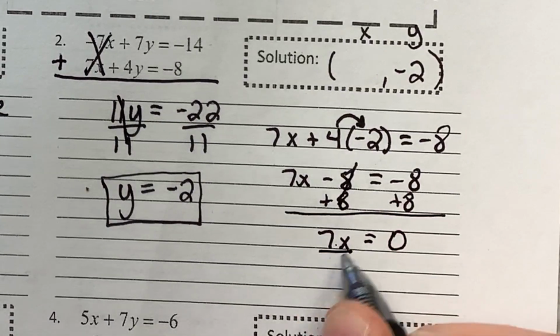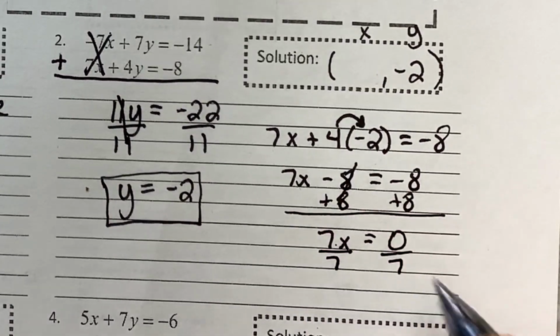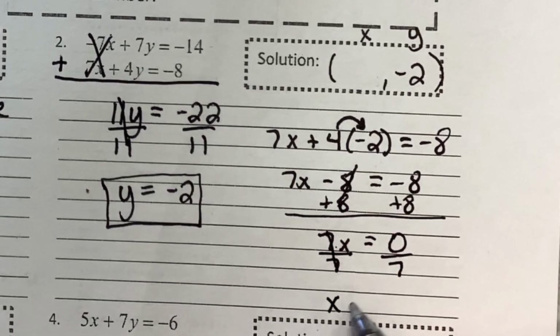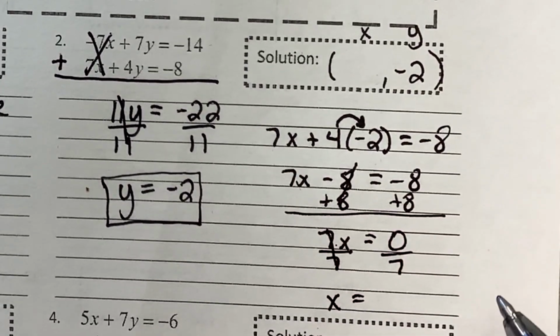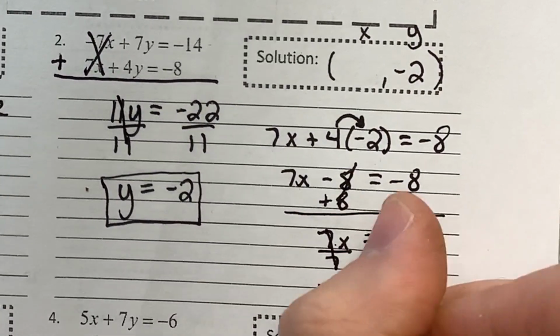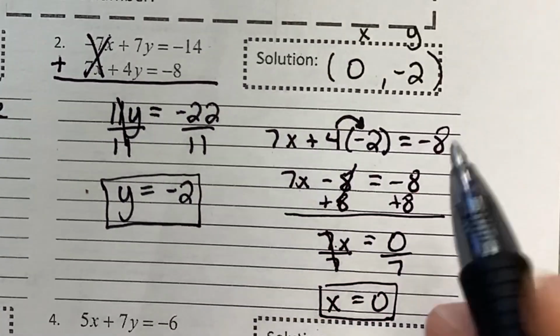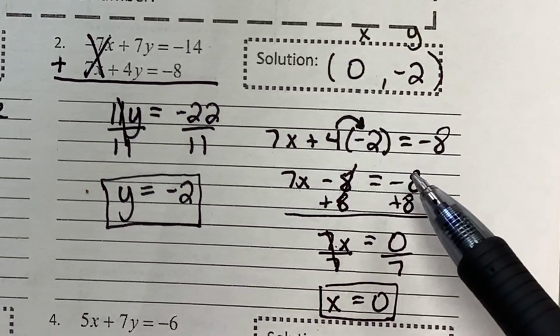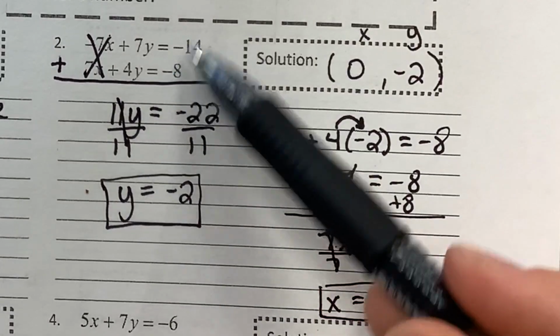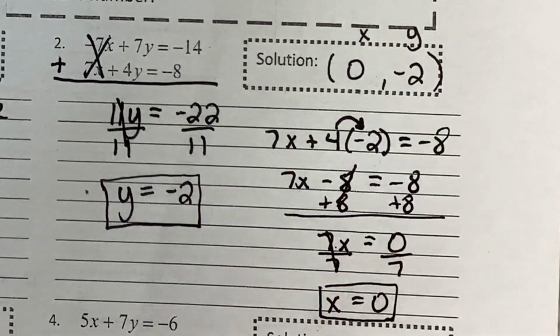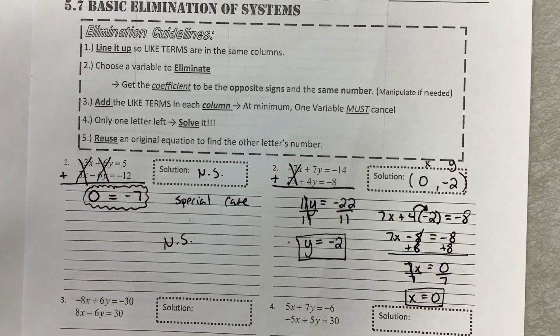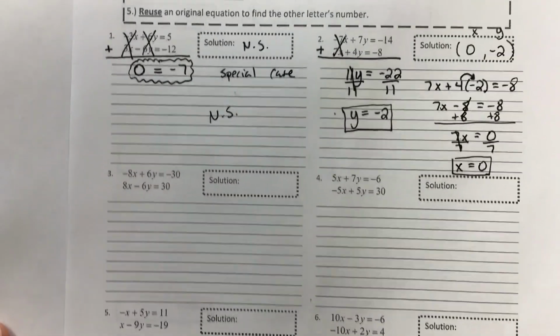I've got to move a coefficient, so I'm going to divide both sides. The 7's divide out. 0 divided by 7 gives me 0. So my x value is 0. So there we go. My solution is (0, -2), meaning if I were to graph these two equations, they would touch at that point. Hopefully you guys are having fun right now because I'm having a blast. Now let's go into